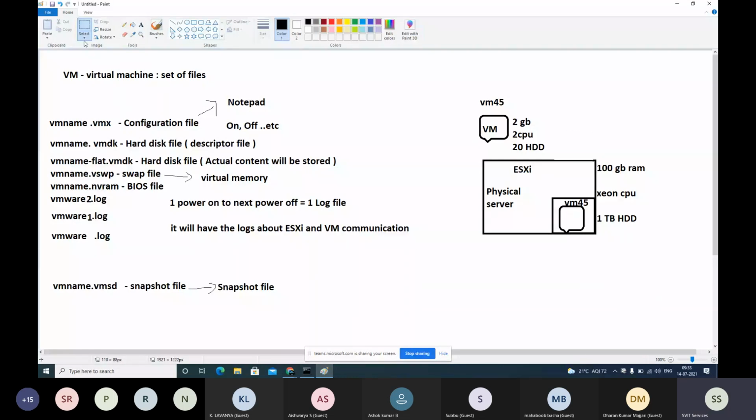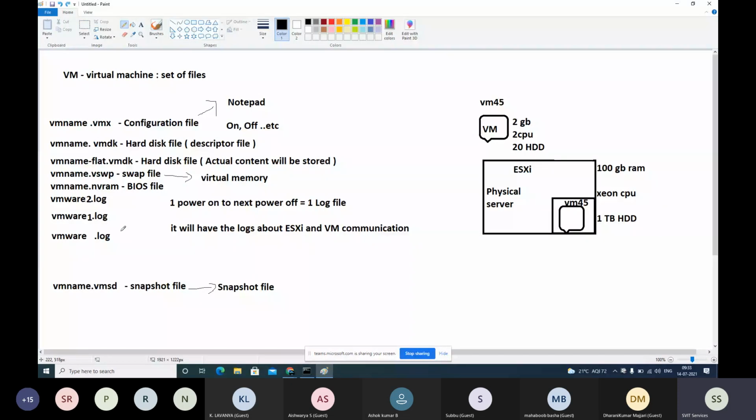For some reason, if you want to analyze over a time period, okay, you understood one reason why it was rebooted, and even for the previous reboot, you read the previous log file. If you want to know the history of that virtual machine, you can read the previous to previous.